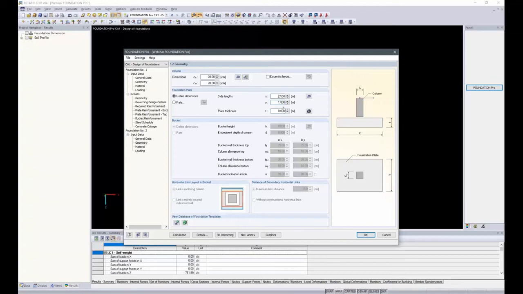Oh, and now I see I've entered 0.8 and there's a 1.8 left. So if I try to enter that size, the module automatically recognizes that the punching cone must be inside the plate. To be able to enter the size of 80 centimeters, I have to go into the details and check